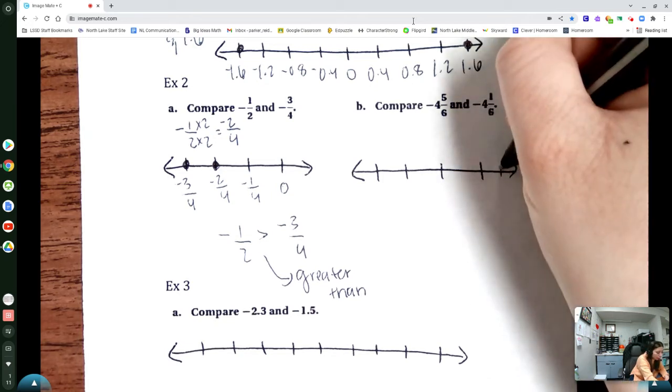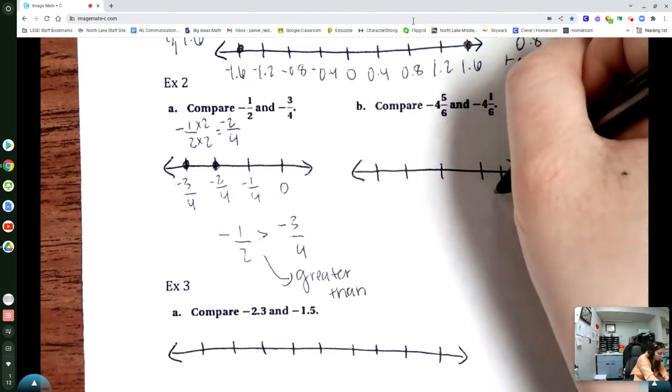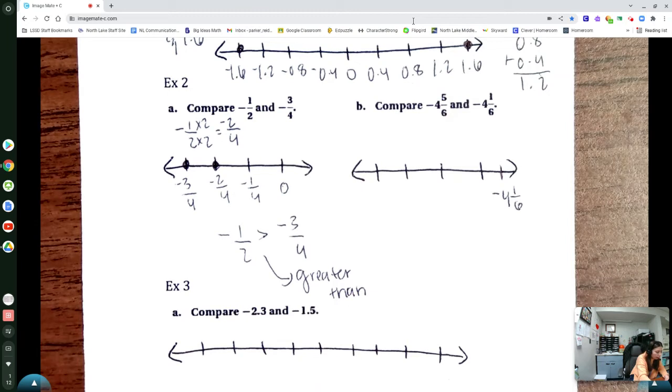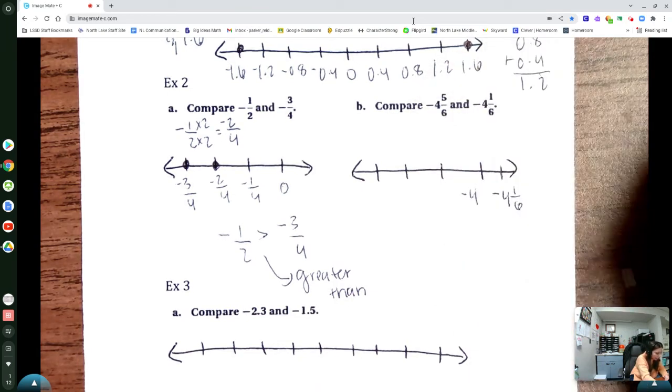I need to add an additional line on my number line. It's just a bit short. And I'm going to go ahead and count by sixths because they both have a denominator of 6. I'm actually going to start at negative 4 and 1/6 and go all the way to negative 4 and 5/6. So next I would have negative 4 and